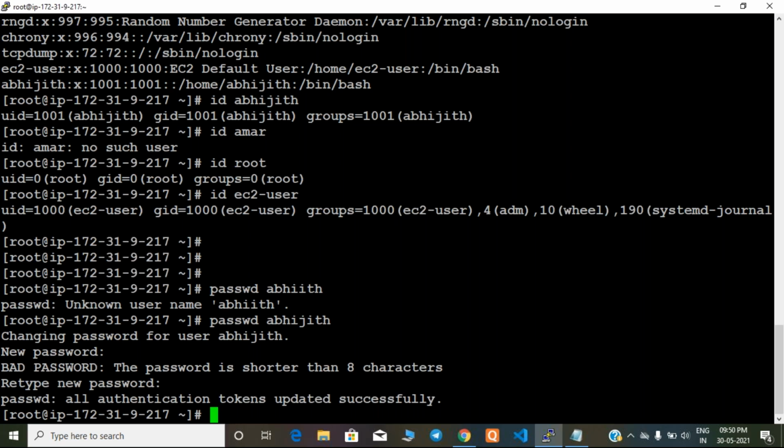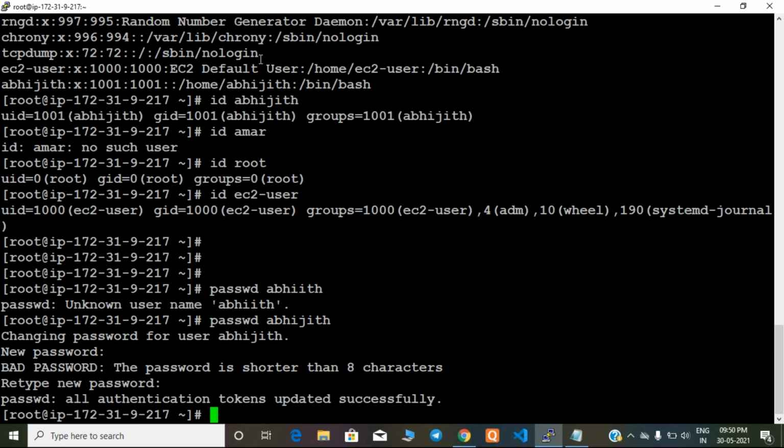Later, slowly, once you understand Linux, you can do it yourself. Right now, I don't want to show you. But there is one alternative. We don't use that alternative, but just for your knowledge, I'm showing it. Compulsorily, I will give this IP address, username, and password to Abhijit. So on Abhijit's laptop, he will install PuTTY and log in with the Abhijit user, not with ec2-user. But by default, as of now, he cannot log in because I have to do some setting here. That setting I will show in a later class.